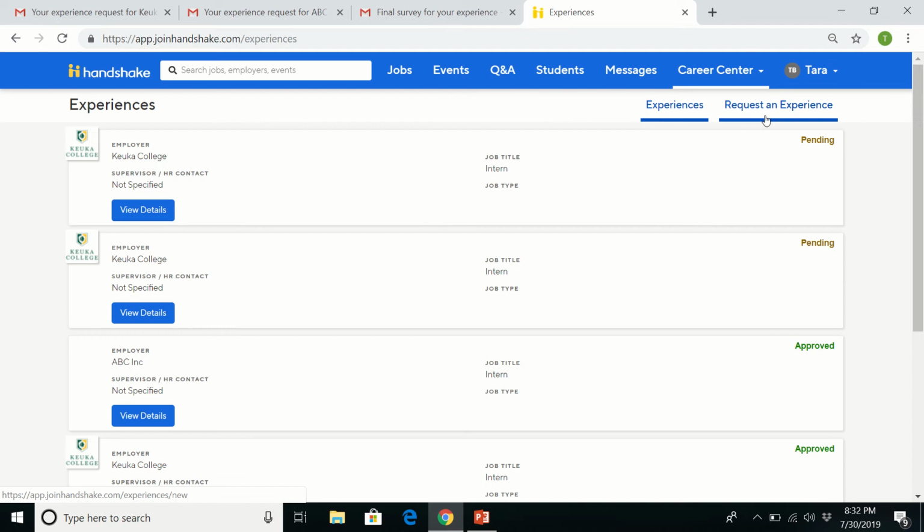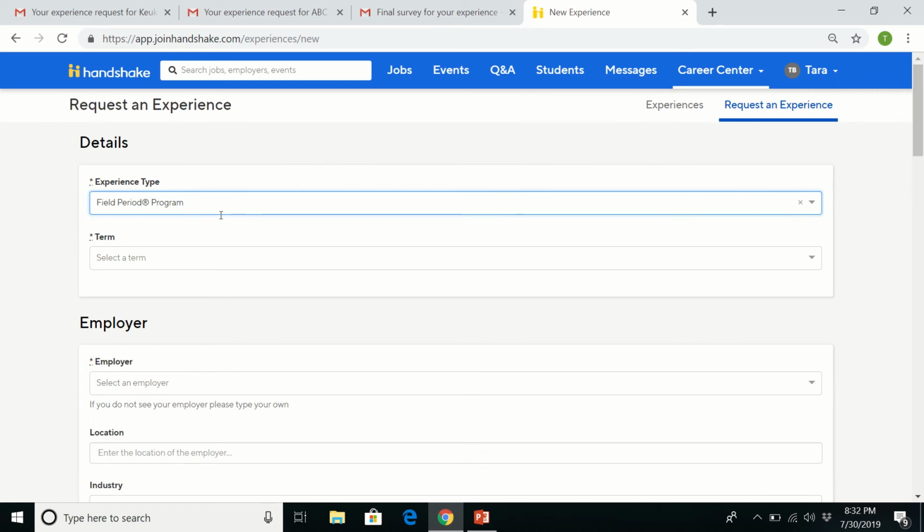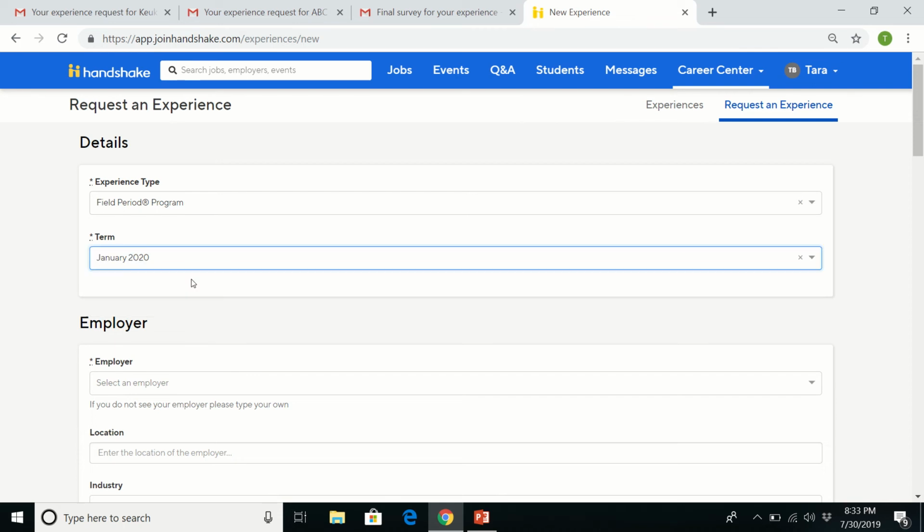On the right-hand corner, select Request an Experience. This is where you'll enter your course proposal, which is made up of the learning contract and thank you letter. For experience type, select Field Period Program. This will generate some questions at the bottom of the page that are required for you to fill out. Select the upcoming term,